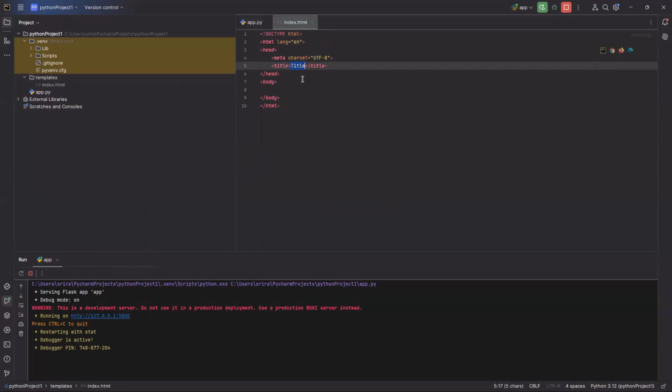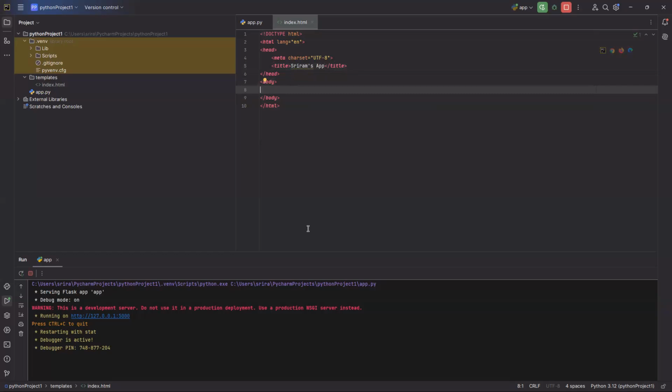Okay, it gave you a default code there. You can put the title the way you want, Sriram's app, something like that. Yeah. Title appears as the title of the window. Of course, the rest of the HTML template was already there. Okay, and then you have the HTML body, inside which you can